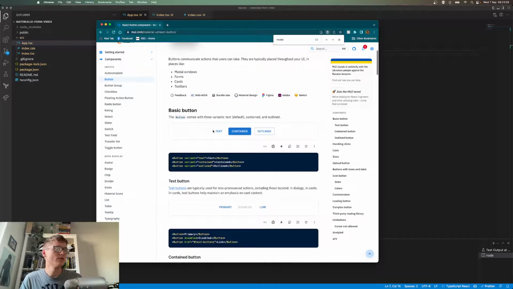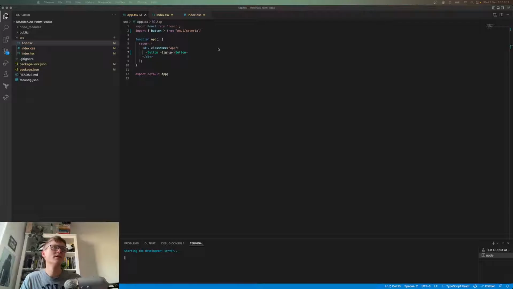we can see we've got a few different varieties. So we've got contained, and we give it the variant contained. We've got variant text and then variant outline. So I'm going to go for variant contained, but you can use whichever one you want. So in here we just pass a prop of variant contained,